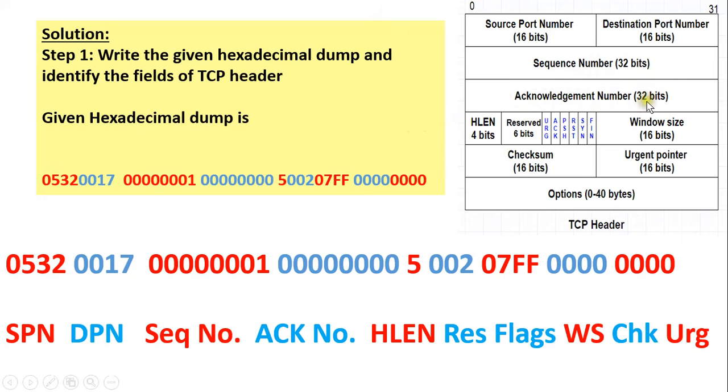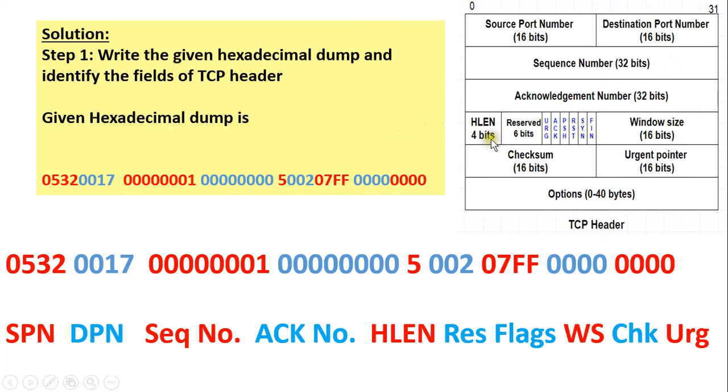Acknowledgement number is 32 bits. It always gives the cumulative acknowledgement, meaning that if a TCP receiver has received successfully 500 bytes, then it will specify its acknowledgement number as 501, meaning that it has correctly received the previous 500 bytes and now it expects to receive from byte number 501.